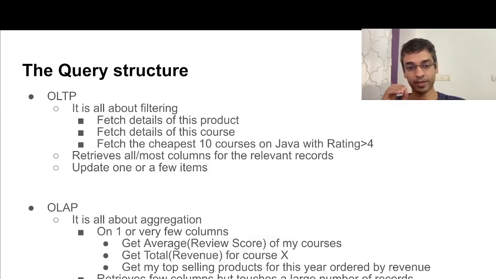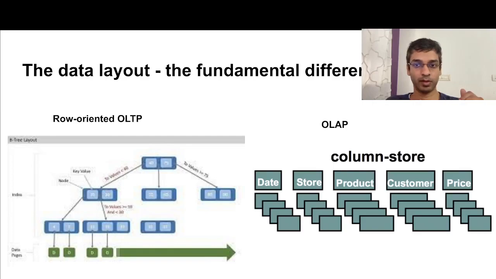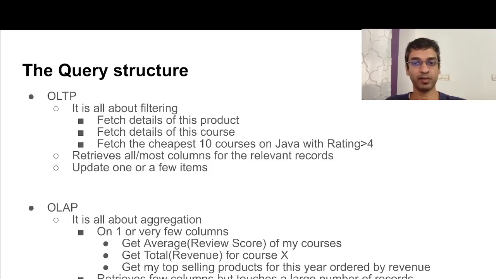And as you can look at it, right, you don't make updates here. There are hardly any updates. And that's what fundamentally is different, right? The user is different. What he needs from the database is different. That's a query structure and the update structure for both OLTP and OLAP. And that essentially will get us to the